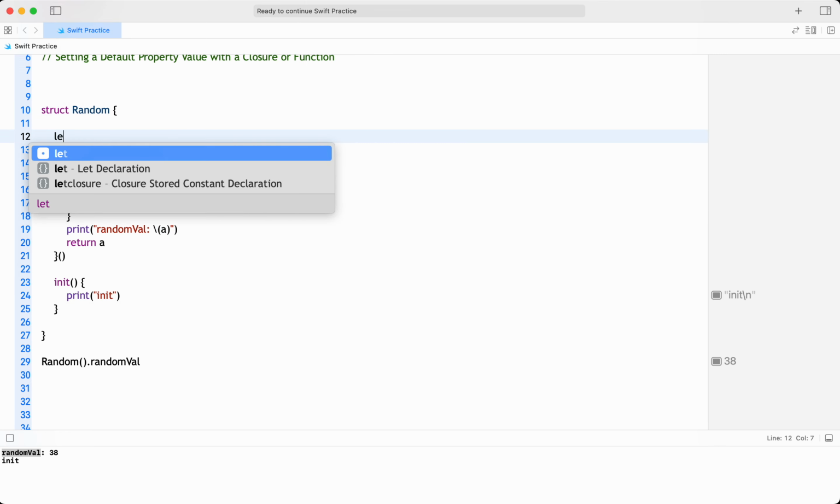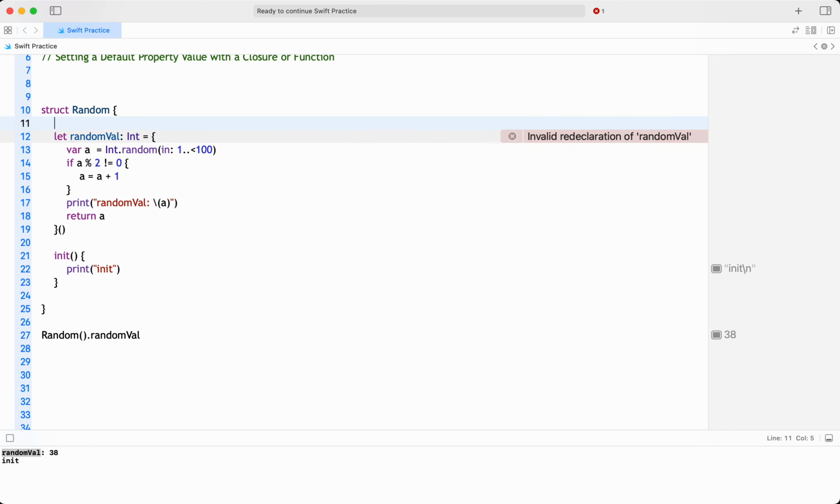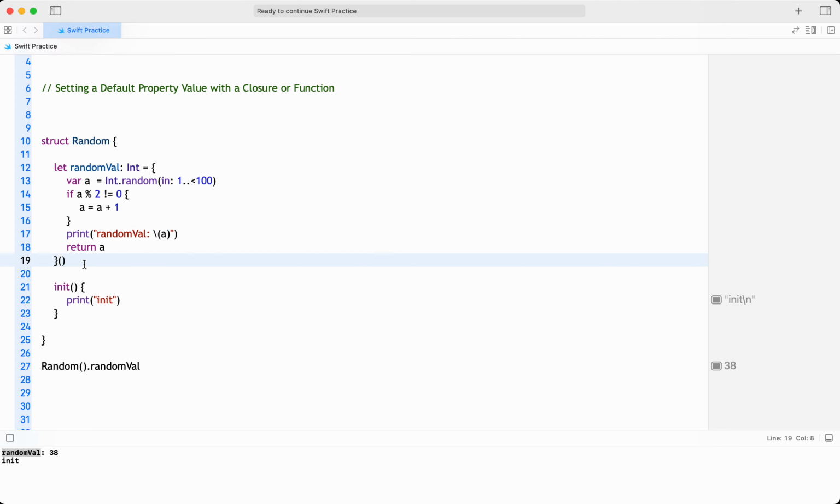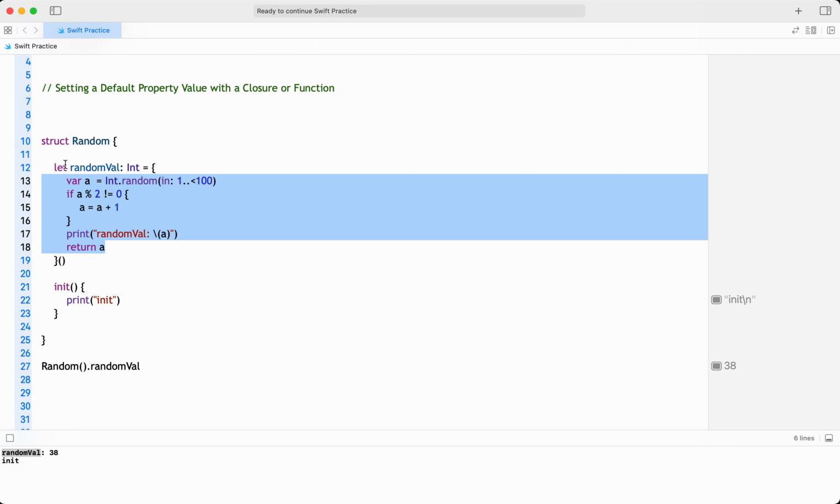It is nothing but assigning. For example, the value is 30, assigning like this, but this value is a random number. It is having this calculation. We are giving it in a closure, a default property value with a closure or a function. So this code gets executed before the initialization of this structure. That is the reason